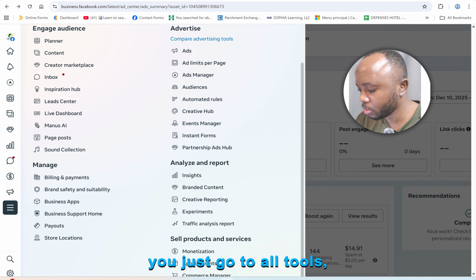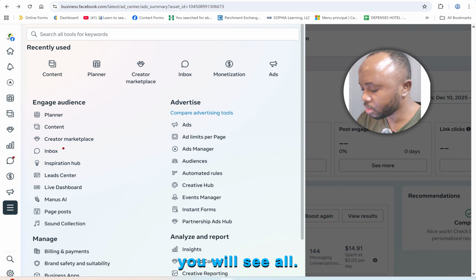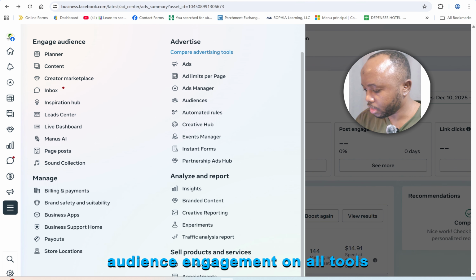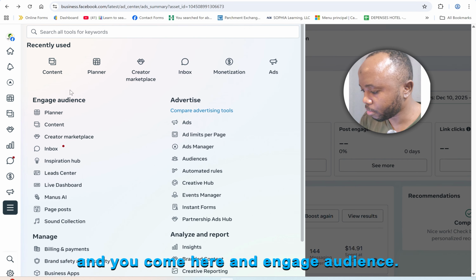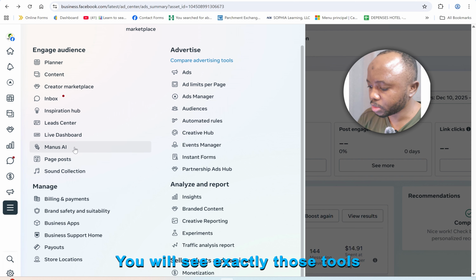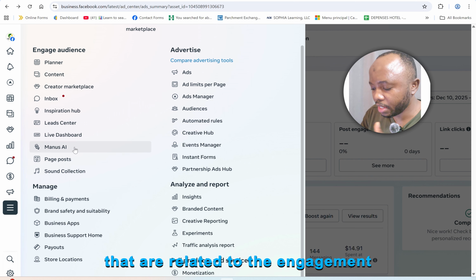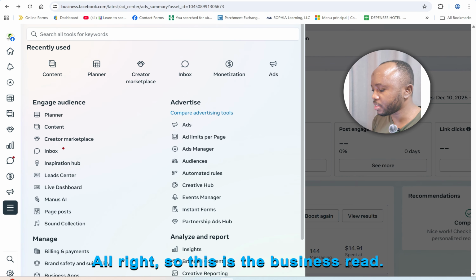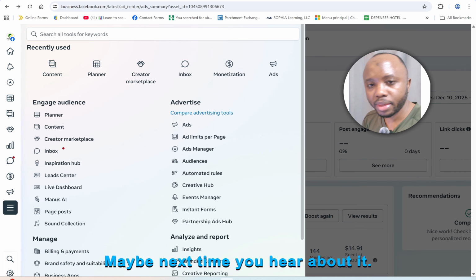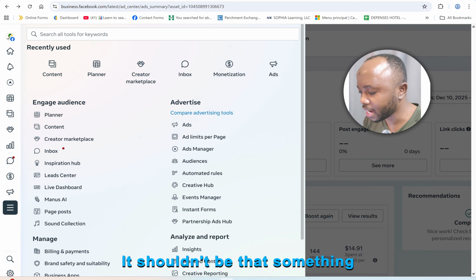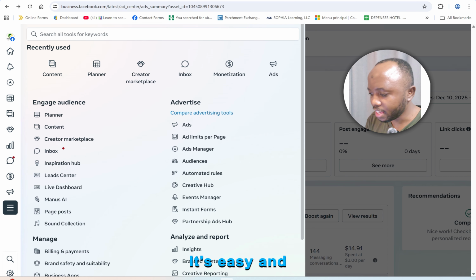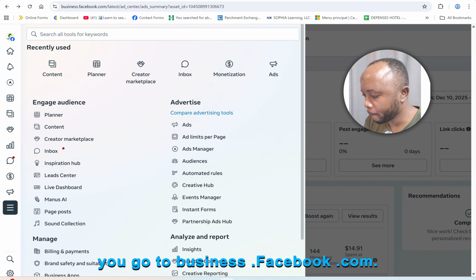So if you want to master Meta Business Suite, you need to keep in mind 5 categories, and for those categories, you just go to all tools. For example, I'm looking to learn about audience engagement. All tools, and you come here under engage audience, you will see exactly those tools that are related to the engagement on Facebook. All right, so this is the business suite. Maybe next time you hear about it, it shouldn't be something confusing. It's easy, and to access it, you go to